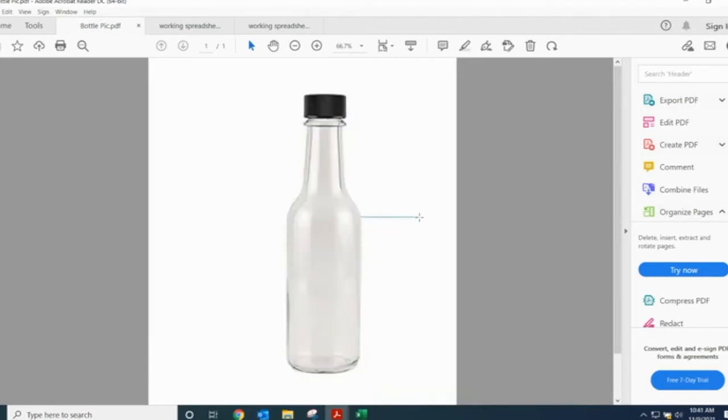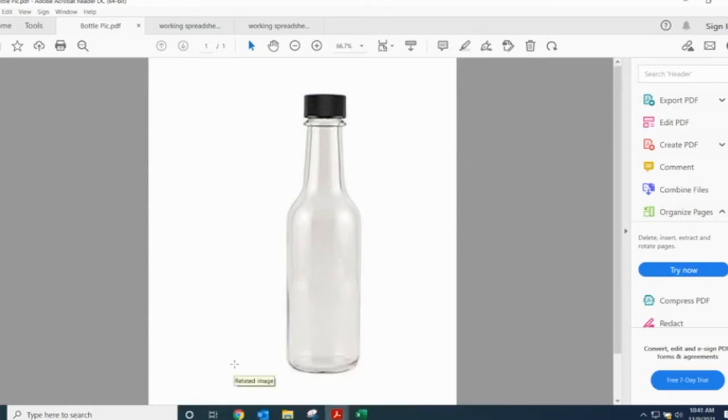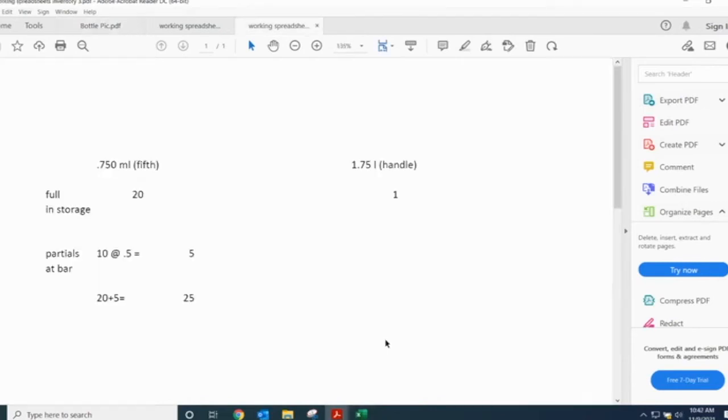If you had a bottle that just had a little bit out of it, you may count that as a 0.9. Don't stress too much on this part of it. My 0.8 might be your 0.7. We're just trying to get a good determination of the amount of liquor that's left in the bottles so that we can add that up to find out how many full bottles are in-house. So if you take a look at my equation, or my spreadsheet rather, we had 20 full bottles